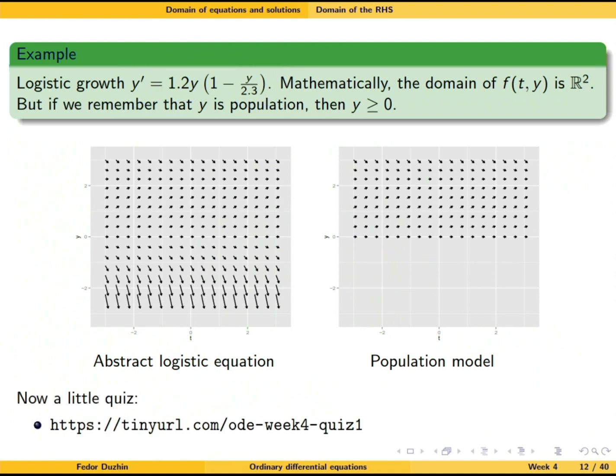Okay, I hope this is clear, and here is a little quiz for you. Please, I suggest that you pause